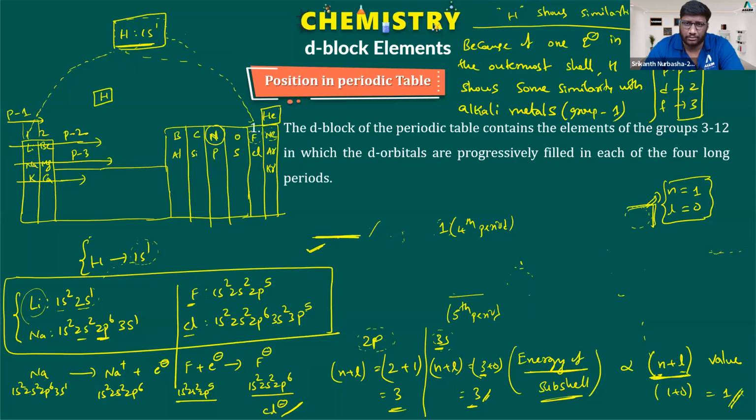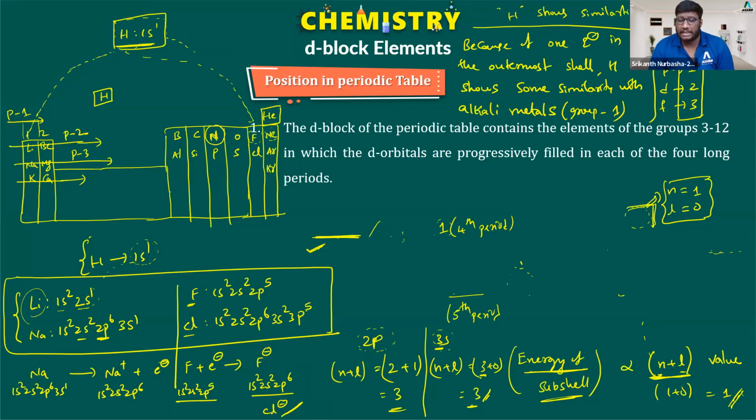So, let us try to summarize what we have discussed in the last class and then continue with our discussion. Can anyone say what we have discussed in the last class? What are the major points? No one? Yes, very good. Metallic bonding and enthalpy of atomization and exceptions in D block.